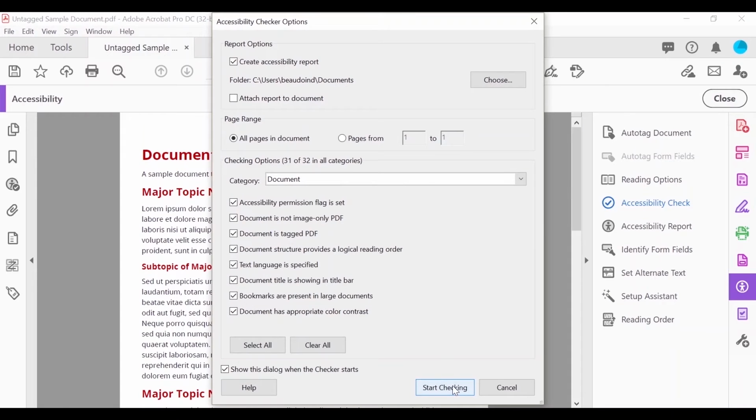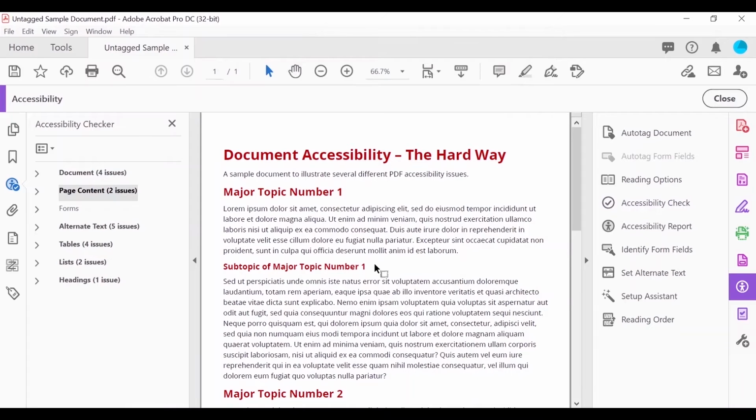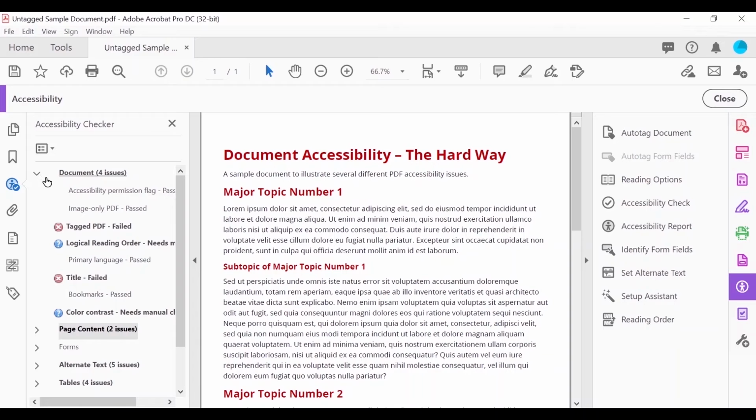Just click the Start Checking button. This will open the accessibility panel on the left-hand side of your window. You will see bold text where any issues are found. Click the arrow to expand the collapsible menus. Once they are fully expanded, you can see more details on the type of issues and where they exist in